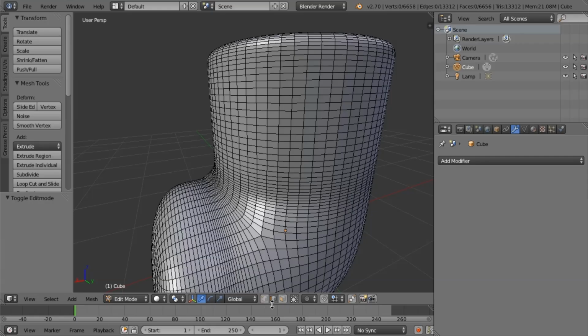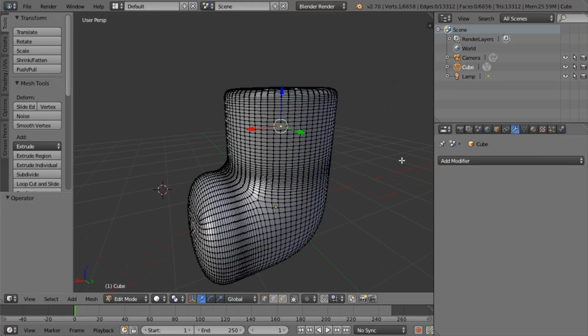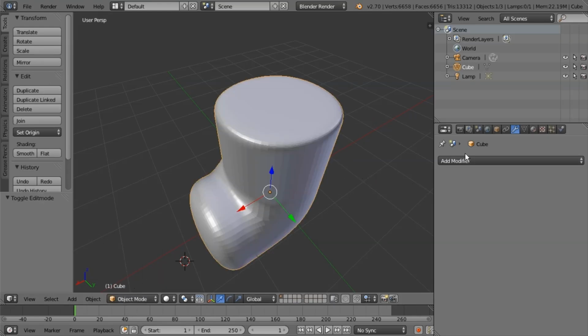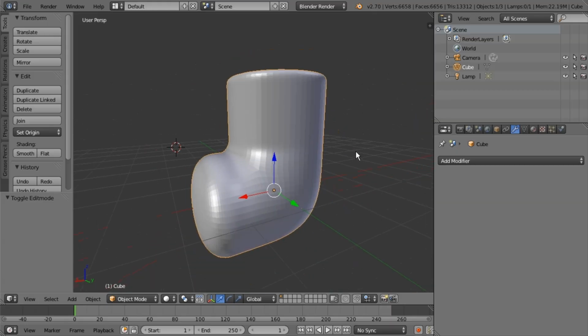So now if you wanted to change something, you would need to come in and figure out how to modify this while keeping the smooth surface. So just be careful of that. Applying that modifier will bake down the result of your subdivision, whatever level it happened to be at. All right, so we're going to be working this way when we build our little robot toy. We're going to be using a smoothing subdivision type of workflow,